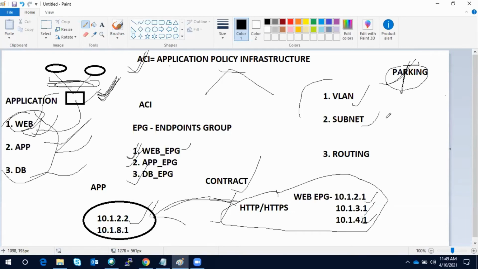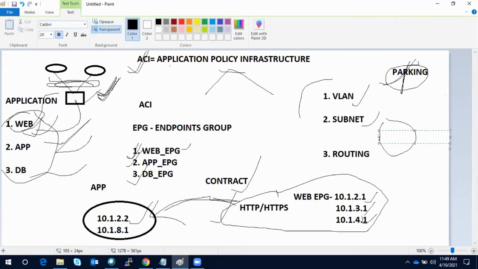So you create a policy, which is also known as an intent. I mean, what you want to do, that is your intent. So you have the hardware, the underlying Nexus 9K, 9300 and 9500 in terms of leaf and spine.